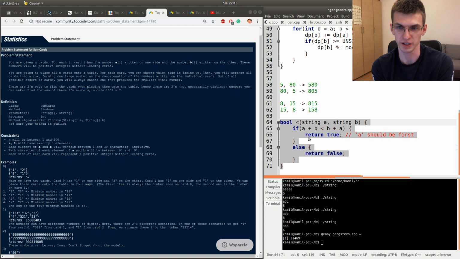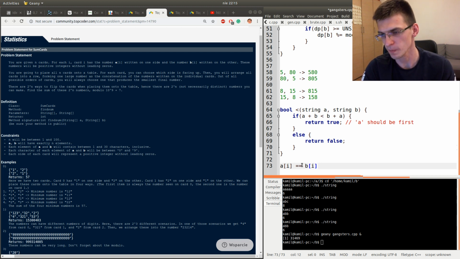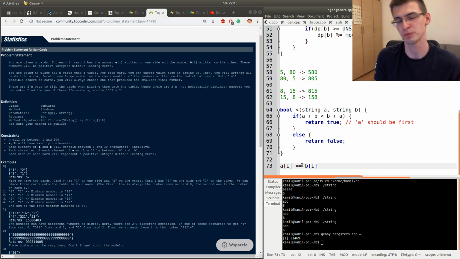And we for sure have to be able to sort, because in particular the input could contain all the time A_i equal to B_i, and in that case exactly you would have this problem: given a set of strings, sort them to minimize the concatenation, and we would just print the value of this concatenation times 2 power n, because this is the number of possible ways to flip cards as in the statement. Okay, but here